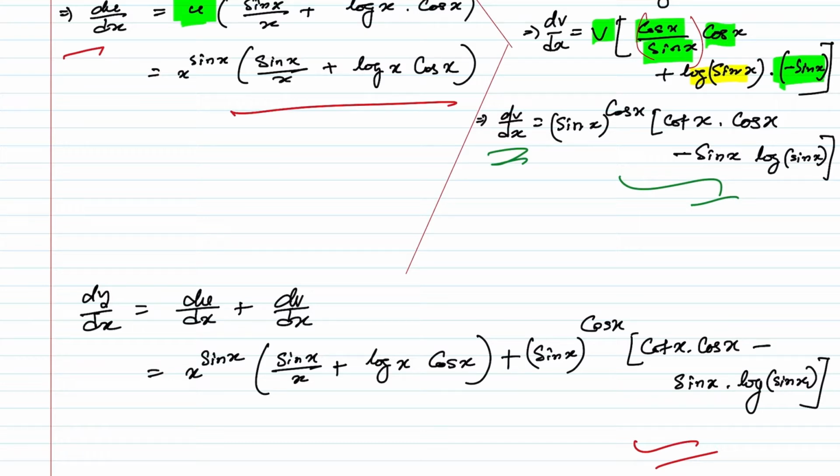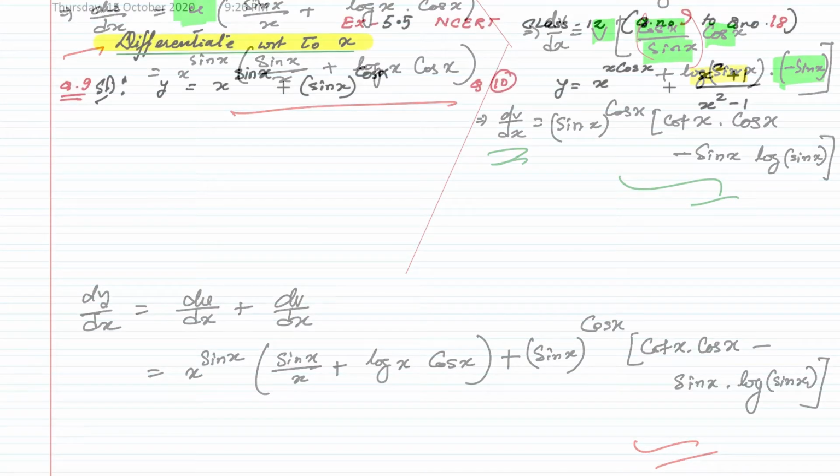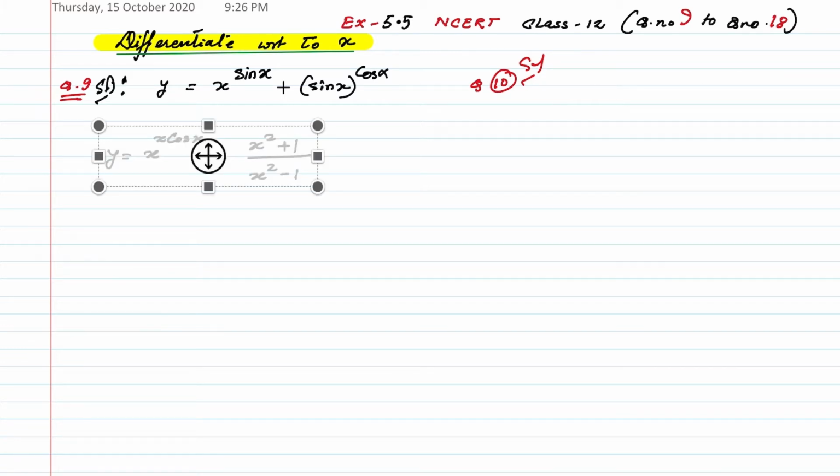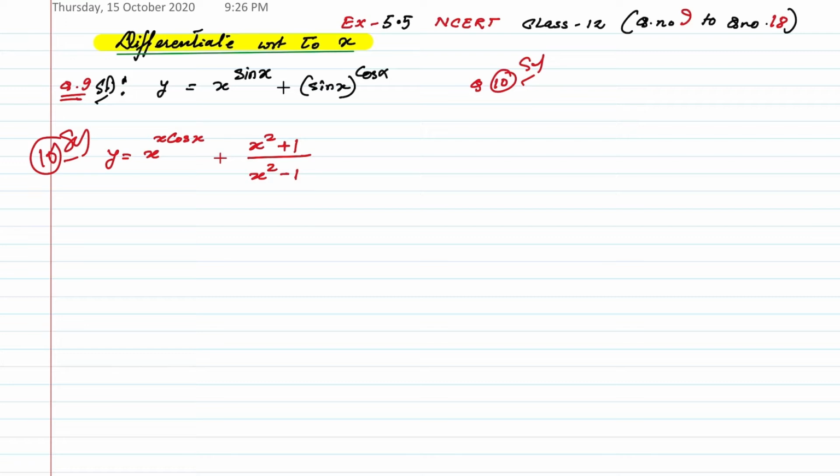So similarly we can solve question number 10. Now let us solve question number 10. So let me write here this. So this is question number 10. So let me solve this. Okay, so again here also you have to consider this one as u and this one as v. Okay, so let